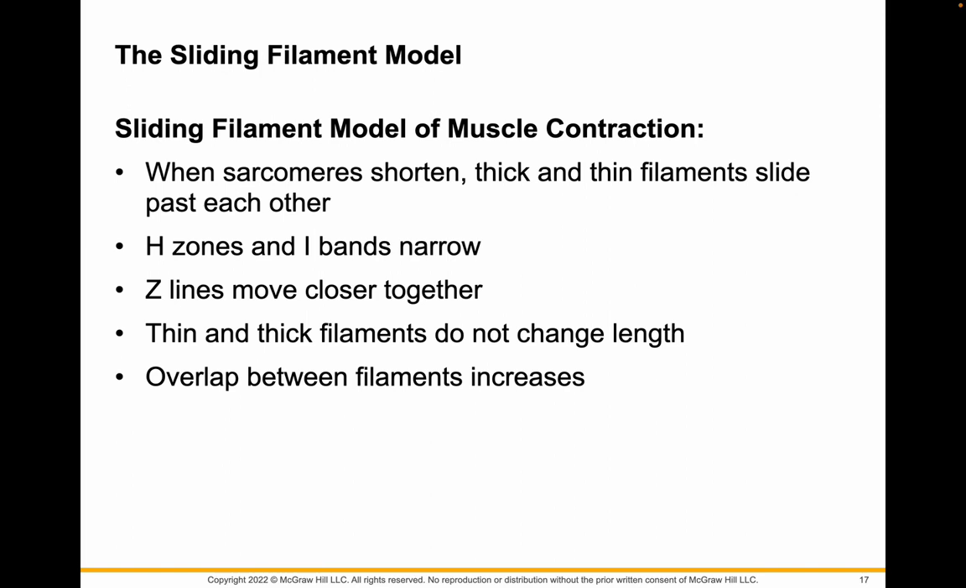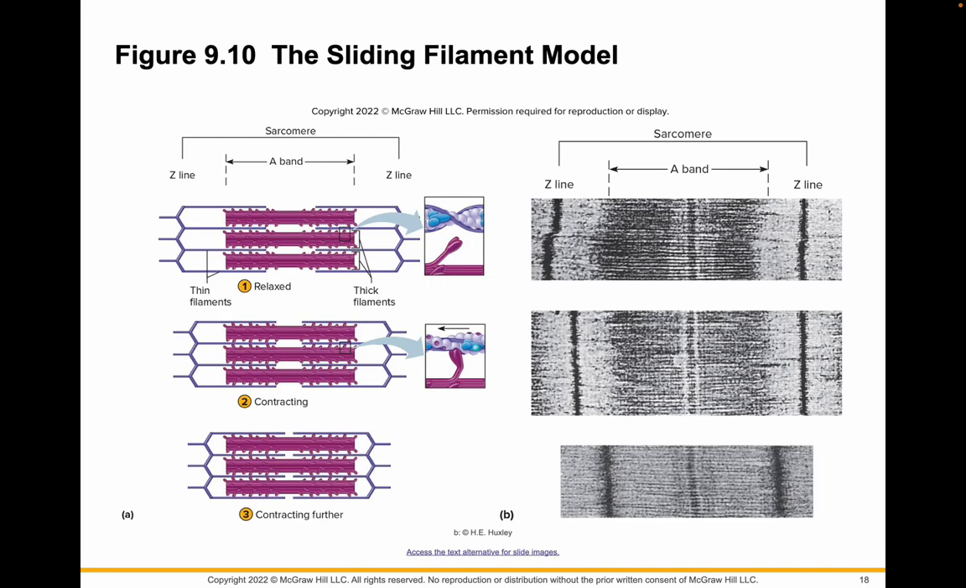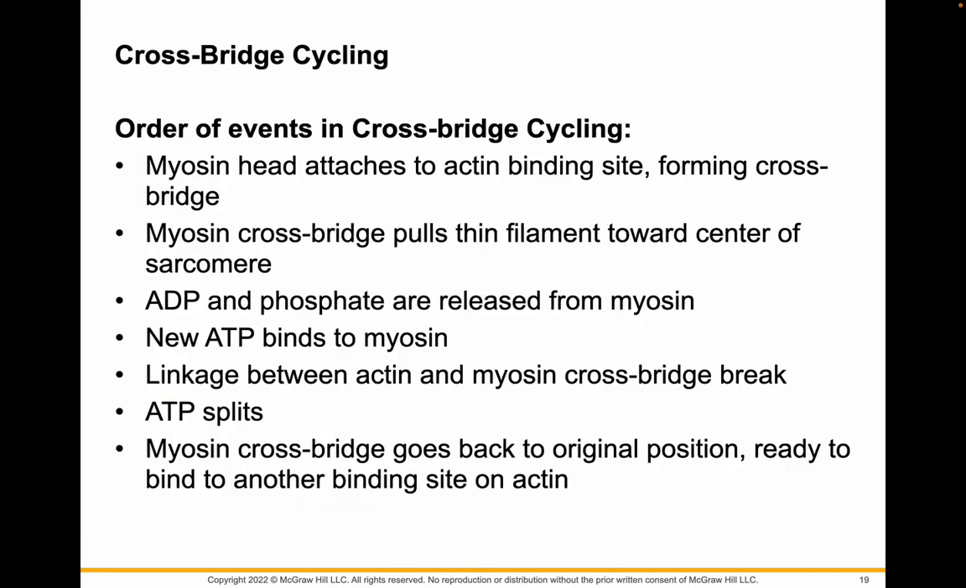So the Z lines move closer, the H and I bands are narrow, and these actin and myosin filaments do not change shape, but they slide past each other, and that's how we contract our muscle. And we form these cross bridges. Remember,